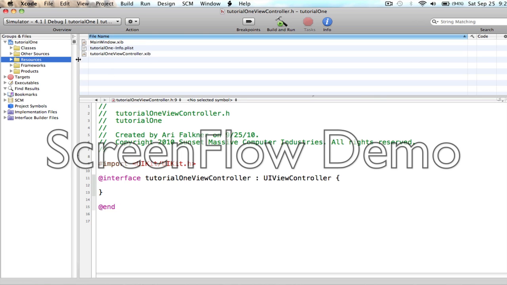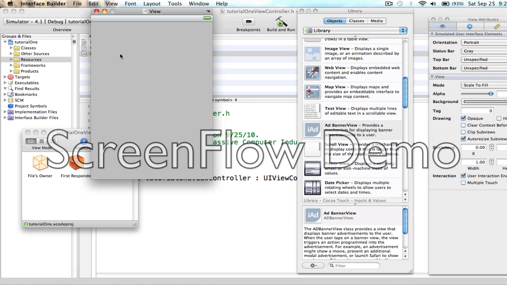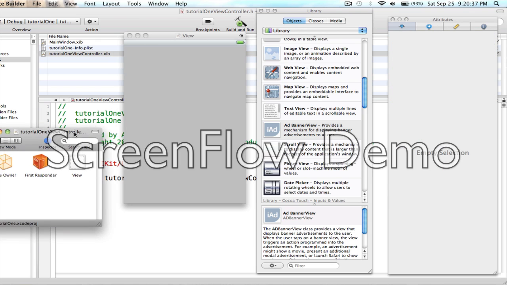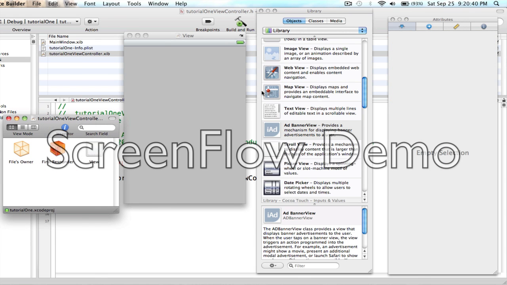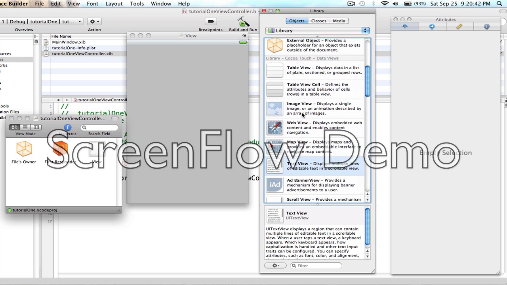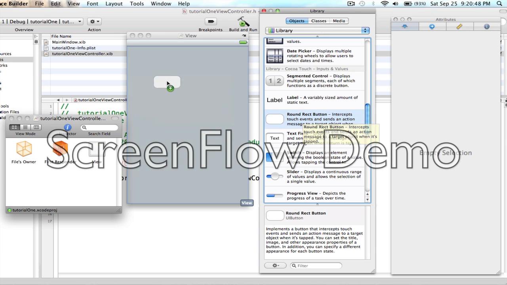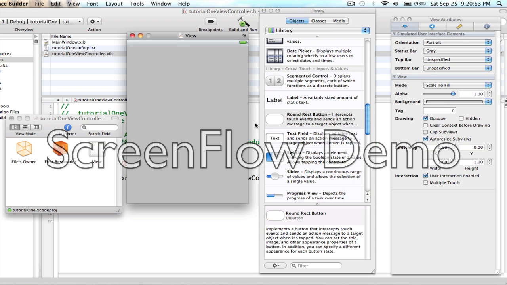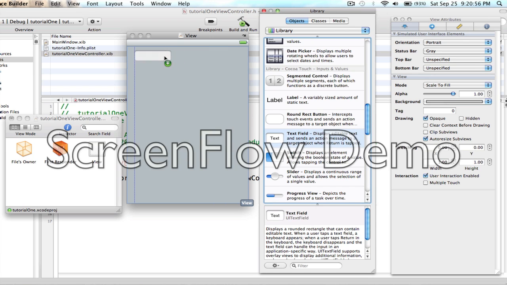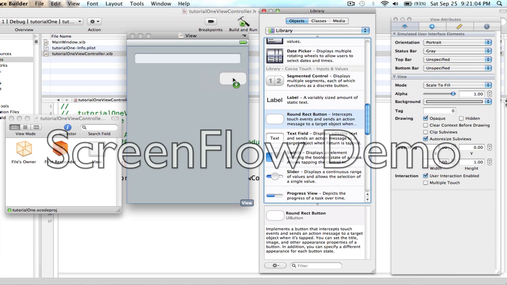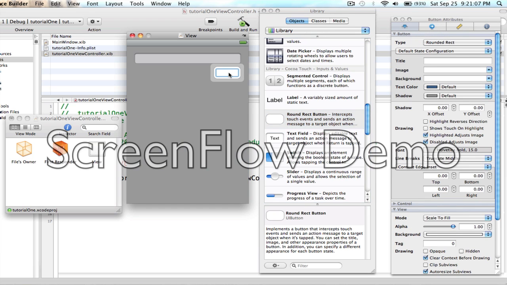launch the nib file for Interface Builder. So right here we'll launch it, and let's see, we should now drag on a text field right here. That's a button. Whoops. Text field and a button that'll say OK,